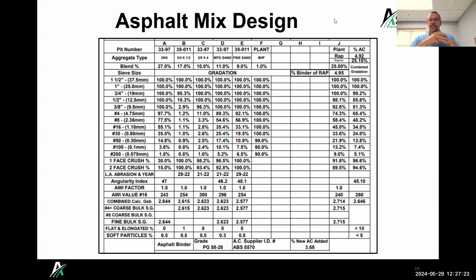If there are certain types of aggregates that wear and polish really quickly, then the pavement can become slippery. MDOT does a lot of the AWI testing on materials from different pits around the state. It's really determined by looking at the angularity index and turning that into a percent crush that's read off a nomograph. They have a Michigan test method to develop and figure that out.